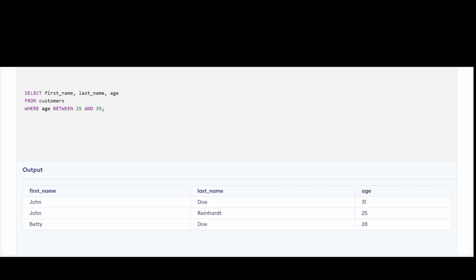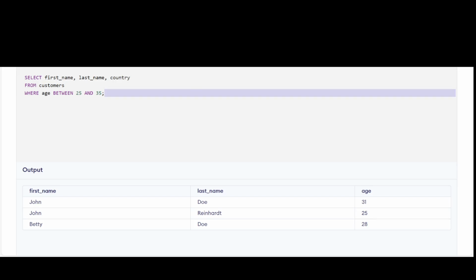Now what if we want to filter customers from multiple countries like UK, USA, and UAE? Instead of writing multiple OR conditions, we can use the IN operator. Let's write it. SELECT first name, last name, and we'll take country here, from the customers table WHERE country IN